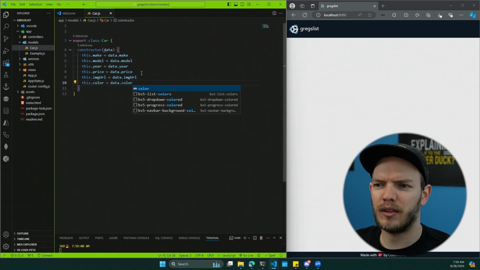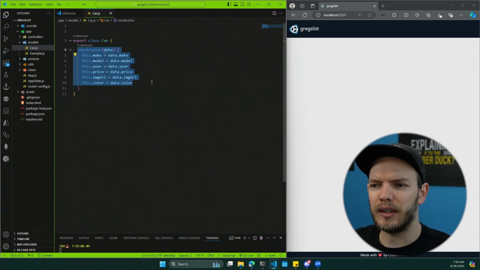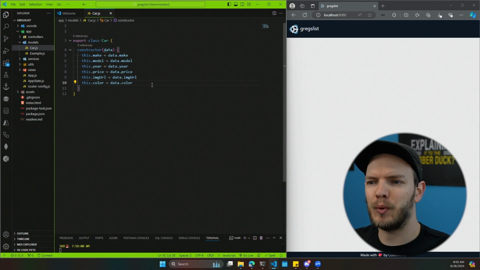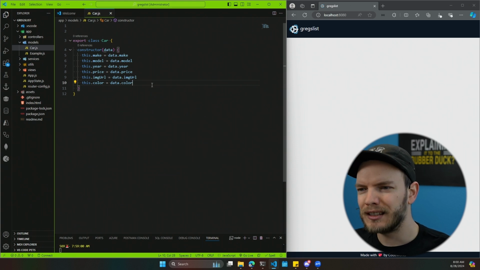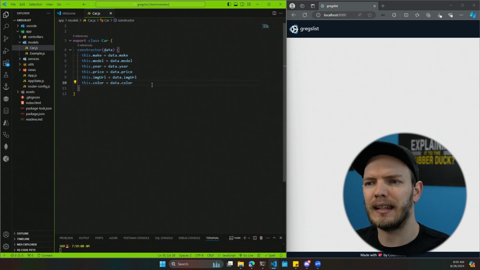Those are different properties that we could add into this constructor. We could keep adding more properties in here to really define the car as best we can, however we need to for our website. Something to keep in mind as we're building a website driven by essentially user created data,